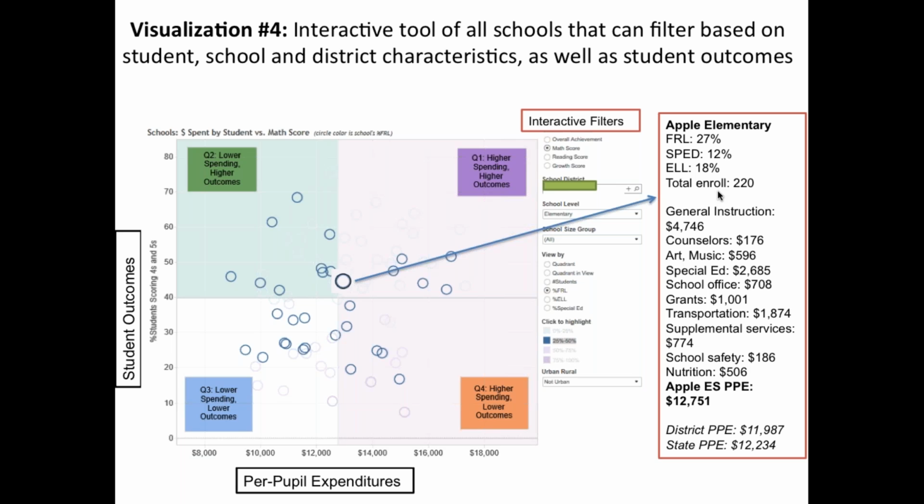And then this one doesn't have as much on inputs. It has mostly the services, but not what the teacher salary was or the benefits rate or something like that. But if you look at 10 and 11, I think this one allows you to digest the outcomes of the schools at the same time you're looking at the finances. So you could start to say, are there schools here I want to learn from, or can I benchmark my school's ability to turn money into outcomes? And I could do that against comparable peers. I think that's why we put this one up there, but there may be some questions or comments, so I'll stop for a moment.